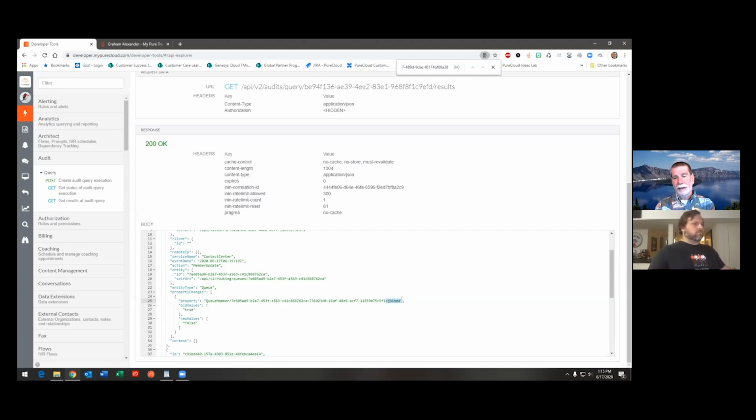Now that doesn't say activated or deactivated, because we call it joined, or we say they joined the queue, or they're joined to the queue, I should say. So the queue member gives the joined, and then we can see the old value was true, so he used to be a member of the queue, and now the value is false. So this guy actually took himself out of the queue.